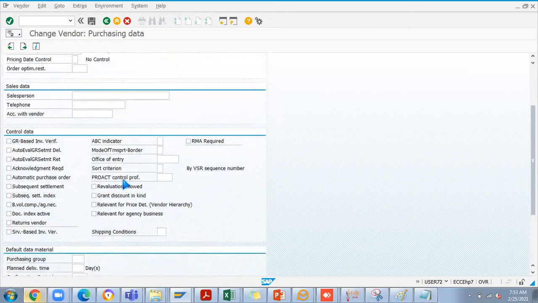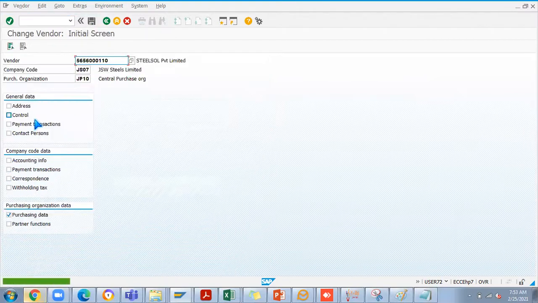If I want to do some checkbox, automatic PO to be done for this, then I can use this checkbox. GR based invoice verification means we cannot do the invoice unless GR is done, so you have to check this option. Okay, I can change. Changes have been made.